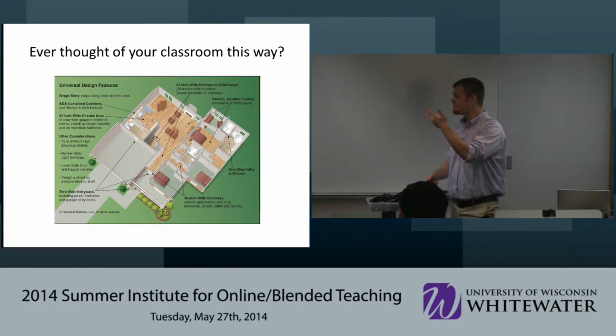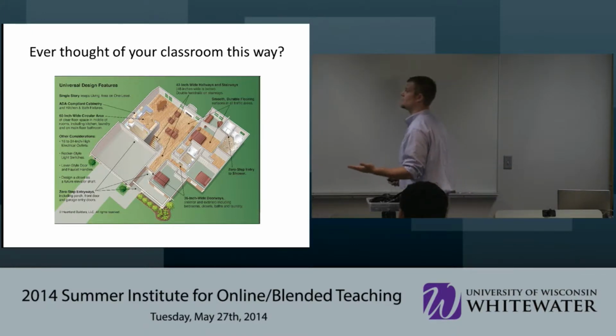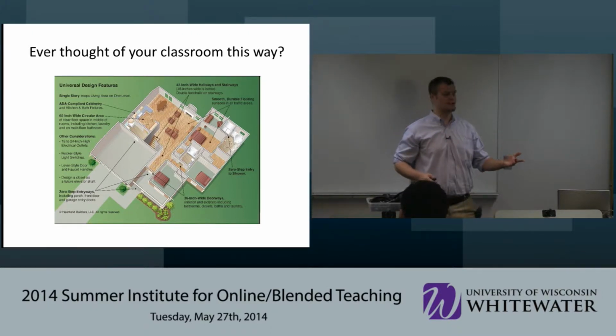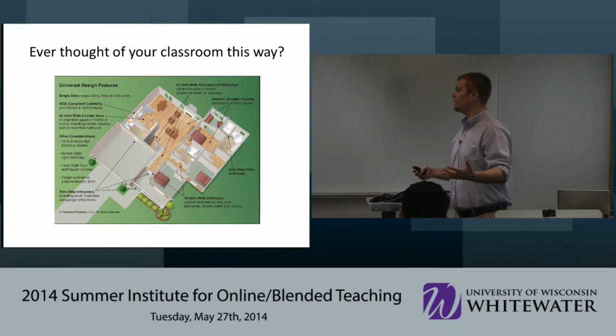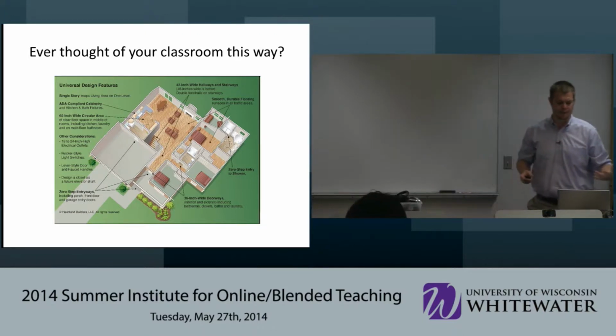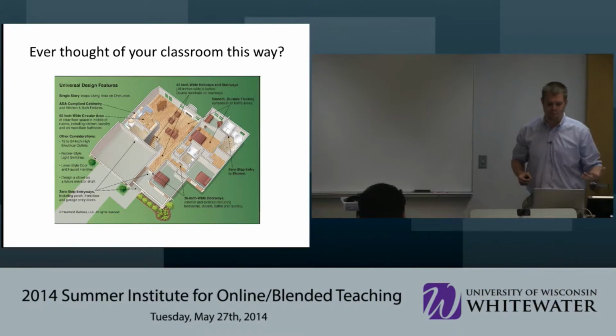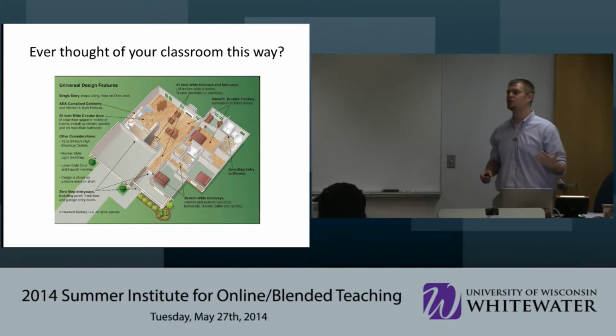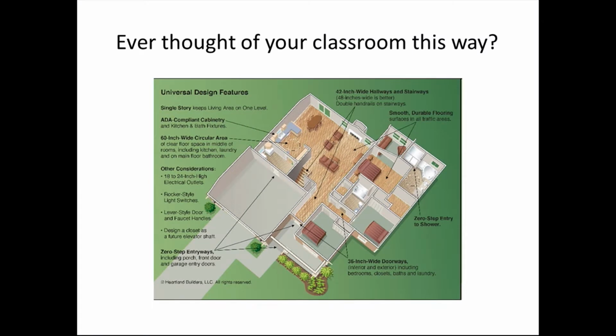This is an image of a very, very accessible house. This is actually from an architectural website. I just wanted to pose this question, and we really don't even have to discuss it, but looking at your classroom this way. I know the image is very small, but it has a lot of architectural code, such as 42-inch wide hallways and stairways. It's a single floor house, so it's more accessible. 36-inch wide doorways. All of these are above ADA code to make a home extra accessible for someone, and this would be considered an exceptionally well-designed, universally designed single-story house.